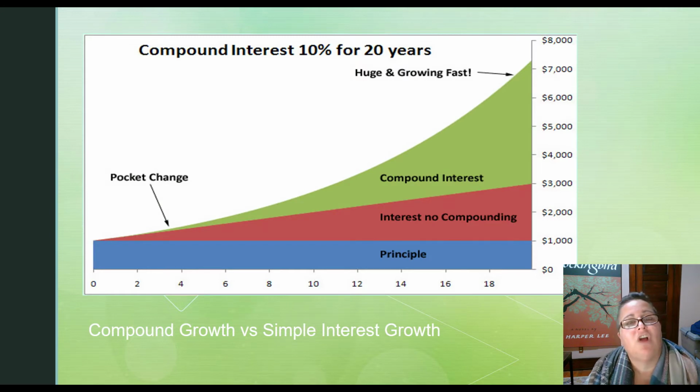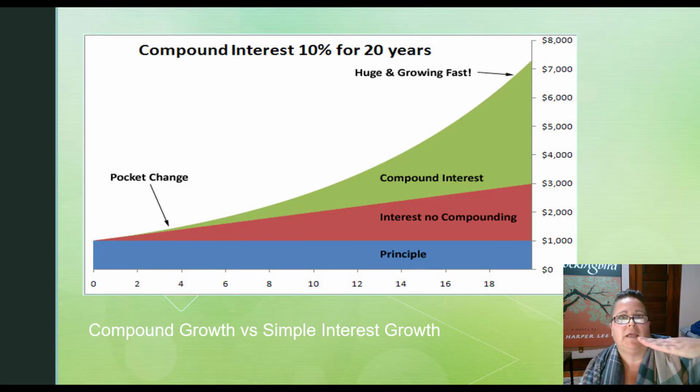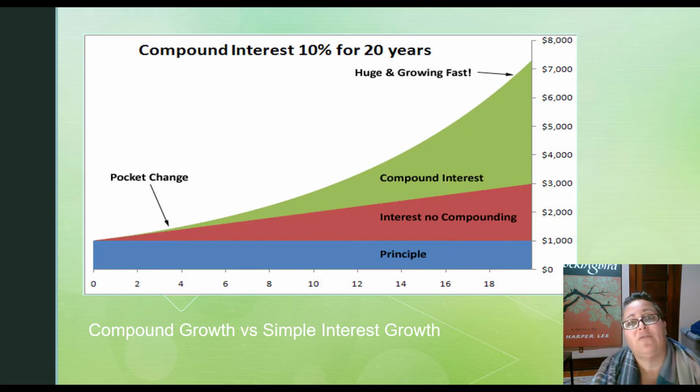When you look at a chart comparing the growth, you see here in the green what happens with compounded interest. You see in the red a simple interest formula. Notice how the red is a very steady increase. It stays the same versus the green, which starts the same but then sort of shoots up like that. That's known as a compounded growth. The simple interest just stays steady. And of course, the principal, if we hadn't invested it at all, would have just stayed the same, and that's